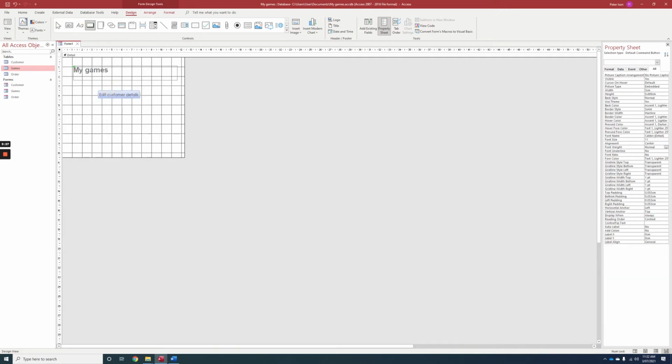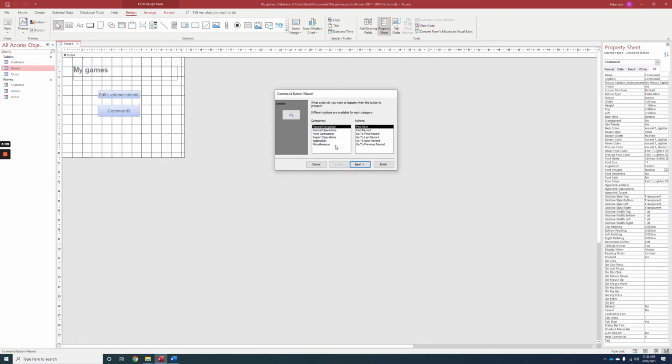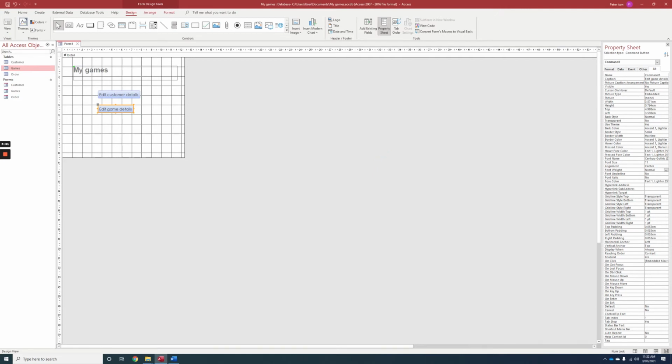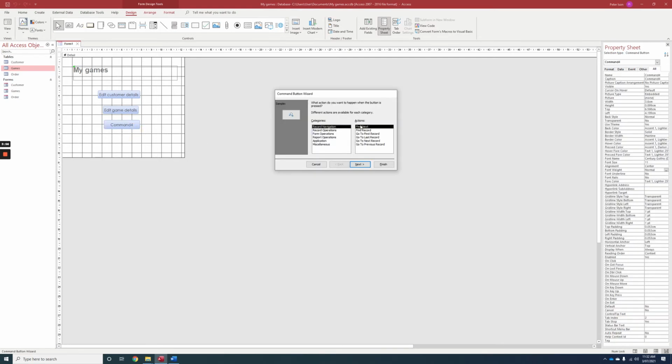If we draw another button in there, we're going to do the same thing for games and order ID. So remember, we have form operations, open form, and then we go next. Make sure we have the relevant one, which is games. Next, we want to open all the records. Then we can change the details here. So edit game details. Finish. And then lastly, we want to have one for the order. So we're under form operations, open form, order this time. It's going to be edit order details,